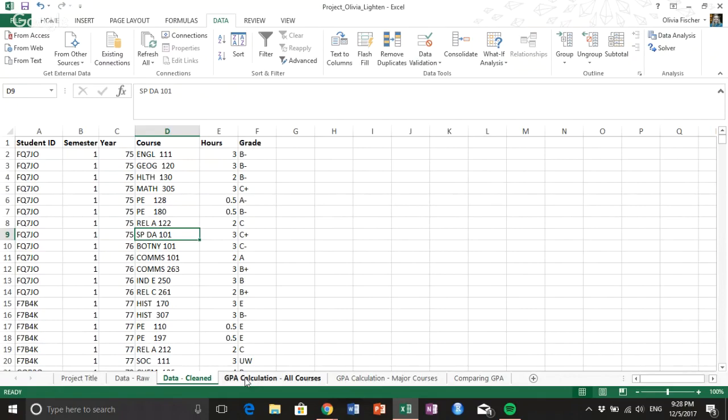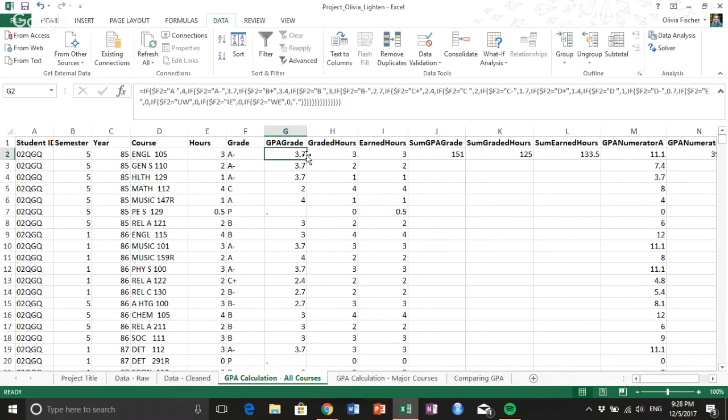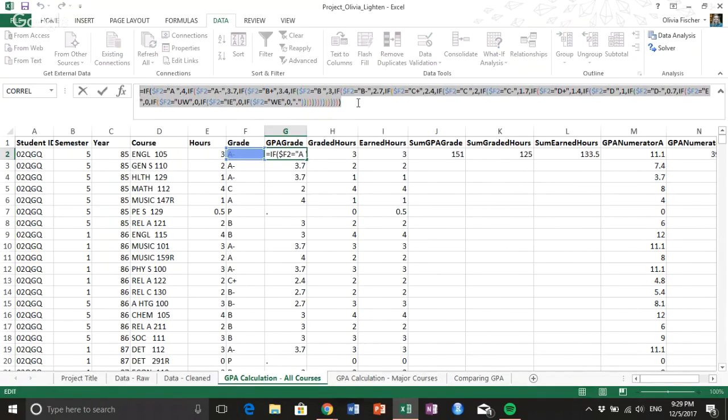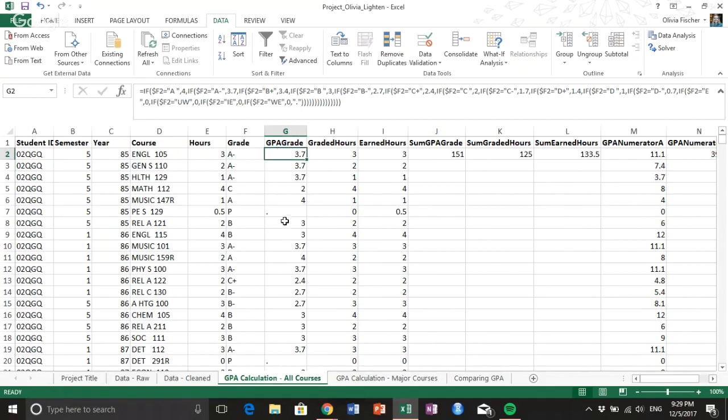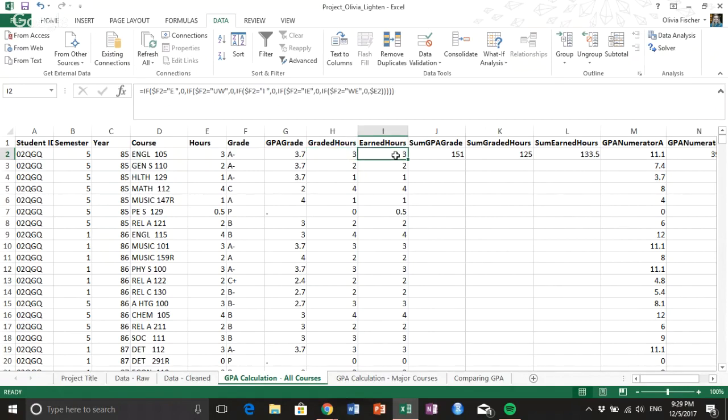Now to calculate their GPA, the first thing I did was turn this letter grade into a numerical grade for their GPA weight. The formula I wrote is really just a lot of if statements to change it into a numerical number. The next thing I did was compute graded hours and earned hours. Graded hours means pass-fail classes don't get graded, and earned hours means you're not going to earn credit for classes you fail. So once I figured that out, I then did these kind of intermediary